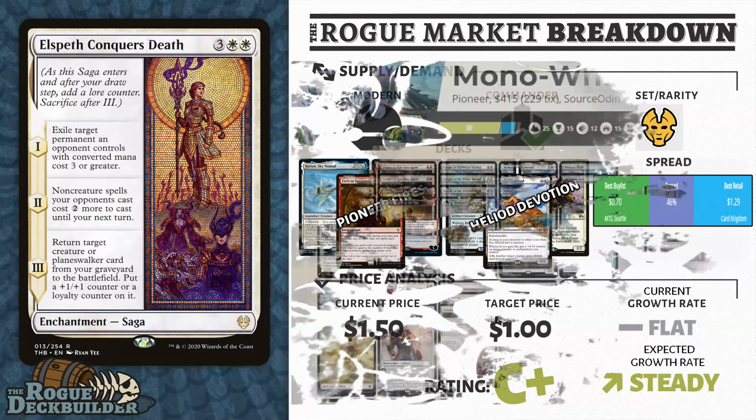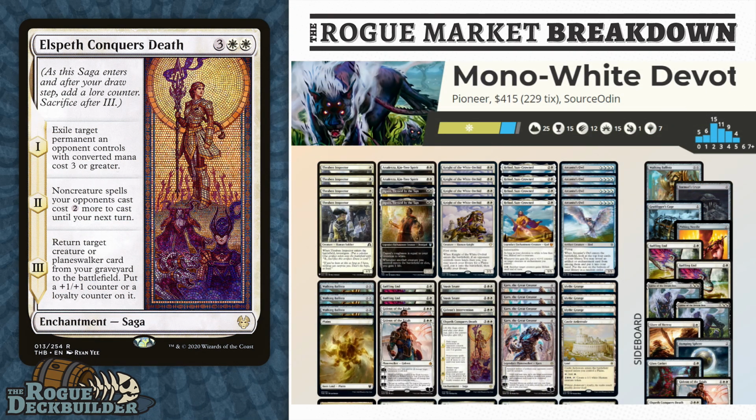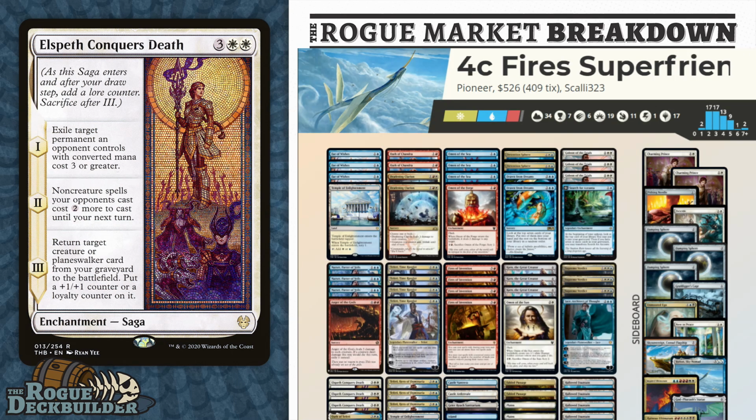Elspeth Conquers Death has a lot of synergy with the companion Yorion, as it's a great flicker target, but beyond that, it's going in Mono White Devotion, and it's going in a lot of control shells and midrange shells, so that's good news for Elspeth Conquers Death long term. Like I said, it's also seeing a lot of play in Standard, so I do like these double-dipping cards, and